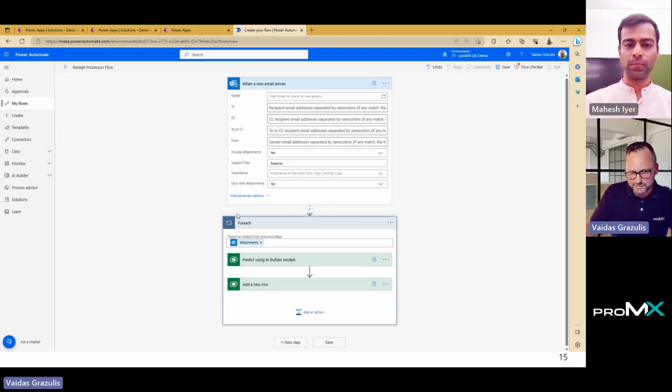Just the two actions at this point. It says, okay, so we're going to, within the for each loop, it has identified that we will want to trigger this action for each attachment in our incoming email. So it created me a for each loop. It knows that it's going to work on each attachment from the email, and we have a couple of actions